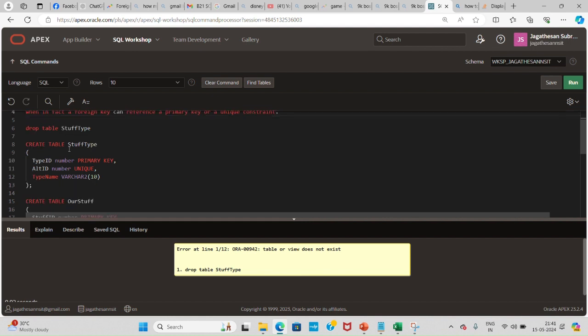Let me show you. Now I am going to create two tables. One table is stuff type and another table is our stuff. Stuff type has type ID, which is a primary key, an alternate ID, which is a unique key, and type name, a varchar. Now I'm going to create one